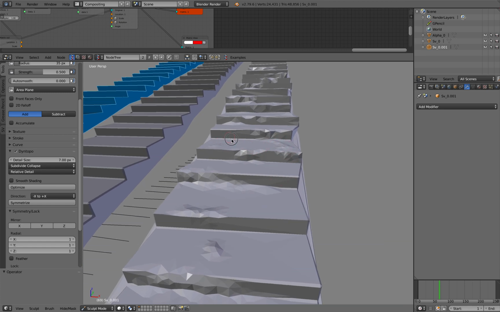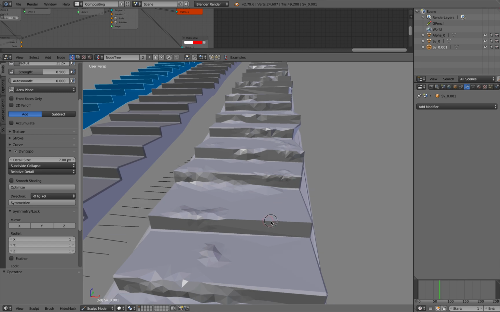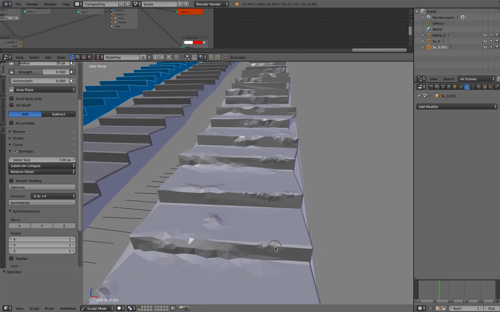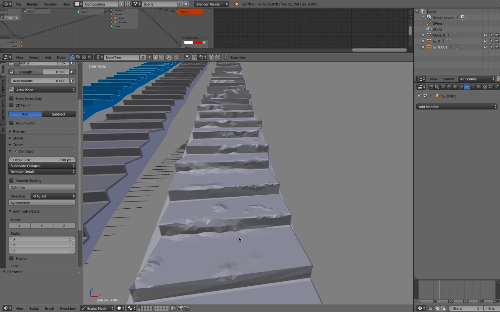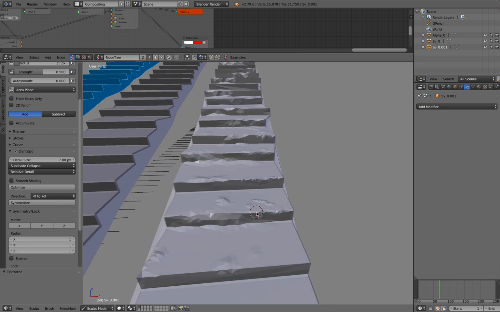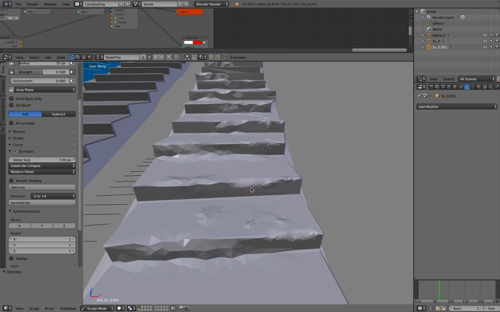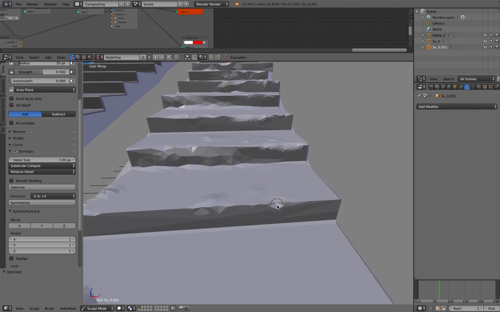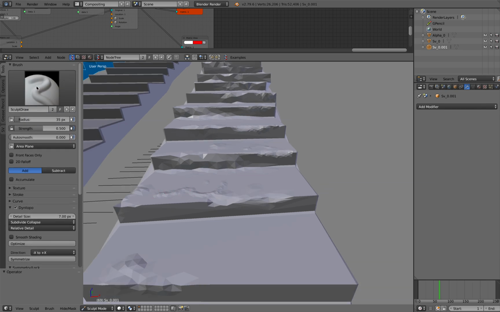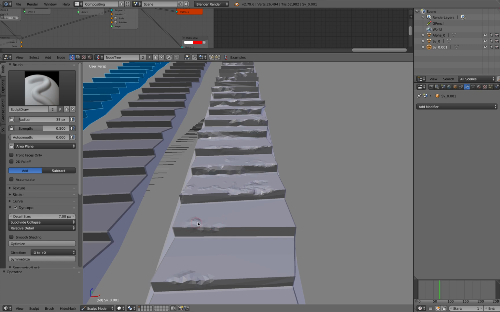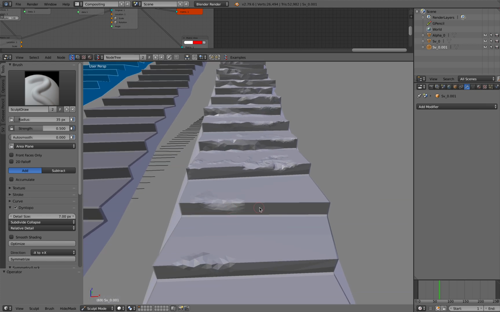I think it seems like the brush by default is kind of pulling it, so maybe you want to do the opposite. I don't use Blender Sculpt much, maybe I should, but I think Shift is doing the opposite, especially for this brush, Sculpt Draw. Is it Shift or Control? Shift is smoothing it, and Control is doing the opposite. So you can go deep into the stair,